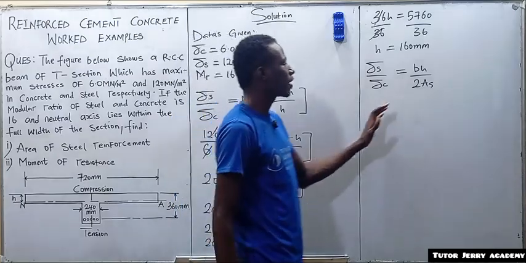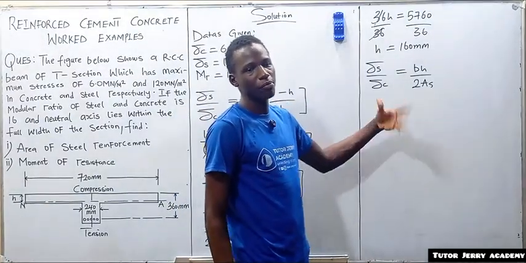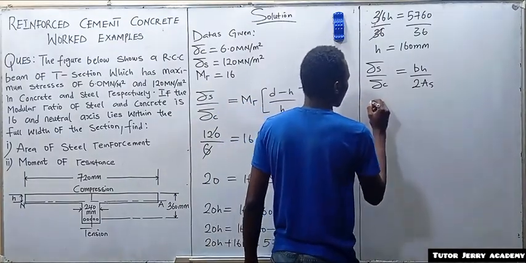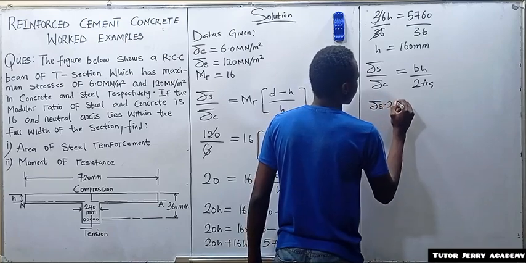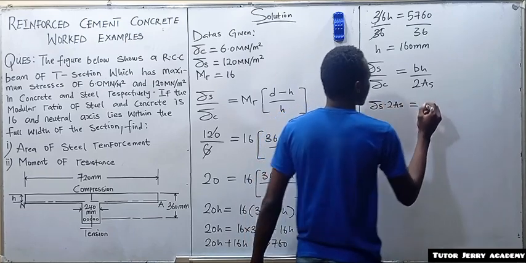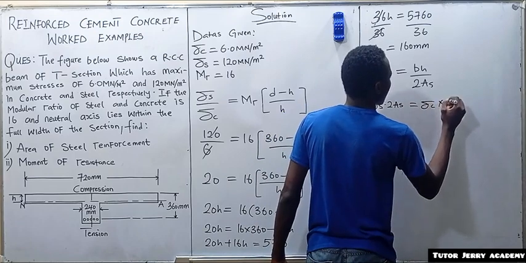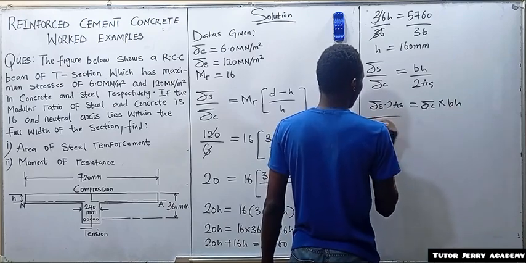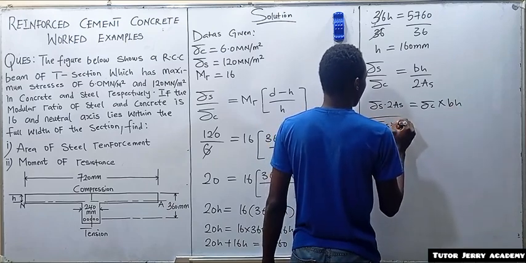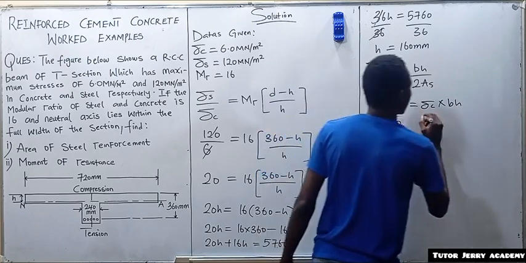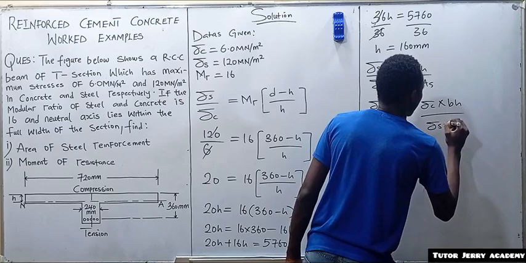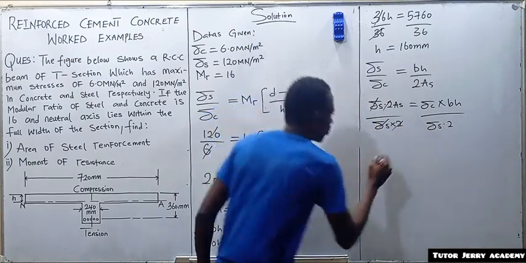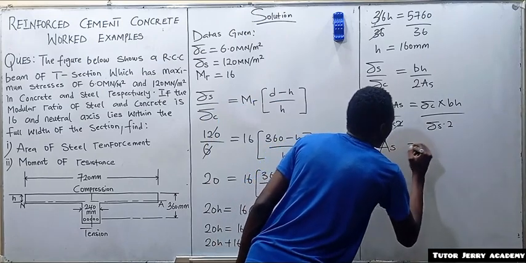Now from here we can make AS the subject of the formula before we substitute. All right, so let's do that. If we cross multiply, we have sigma S multiplied by 2AS equal to sigma C multiplied by BH. So we just have to divide both sides by sigma S multiplied by 2, or 2 sigma S. Sigma S cancels with sigma S, 2 with 2, and AS will be equal to